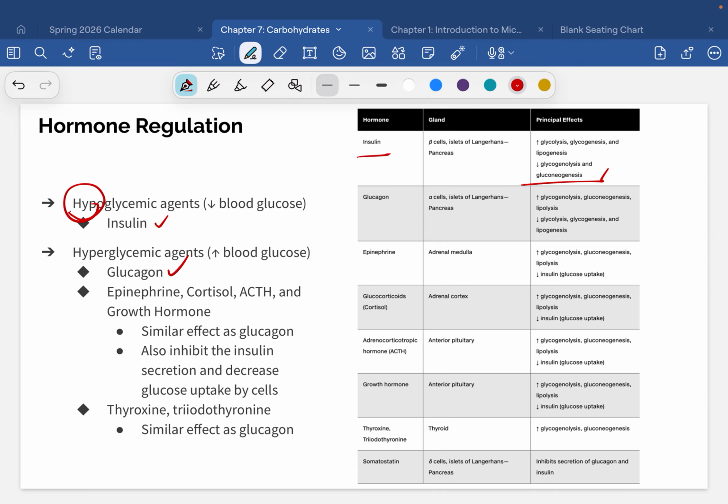But we have a lot of other ones that I put here. Like I said, we're going to talk about all of these in their own time. When we talk about the endocrine system, we're going to talk about epinephrine and cortisol and ACTH. This will come up again. However, I want you to remember that glucose is energy. When your body needs energy, it needs glucose. That's kind of simplifying, but it holds true most of the time.